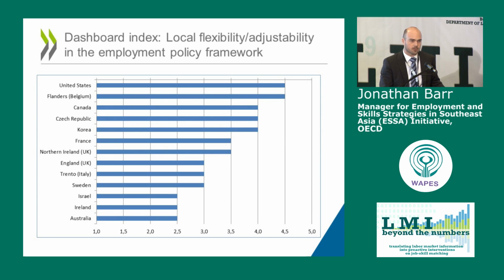And essentially the scores work between 1 and 5, with 1 being a very low level of flexibility and 5 being a very high level of flexibility. And again, when we think about labor market information, it's this notion of, well, I have the information and I may know about my local area, but can I actually take action? And so what we see is that areas where there's a good level of flexibility can do a lot more with the labor market information that they have at the local level. And then in turn, there's a greater incentive to further develop this information because they can take action.